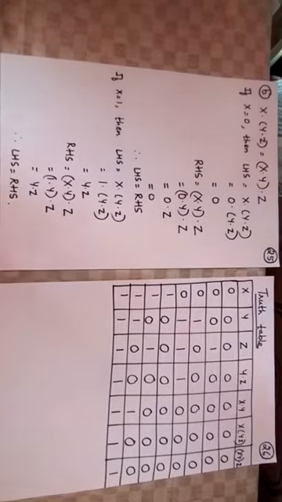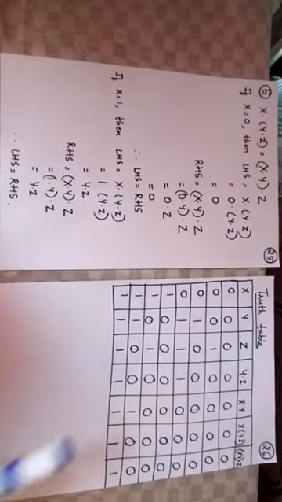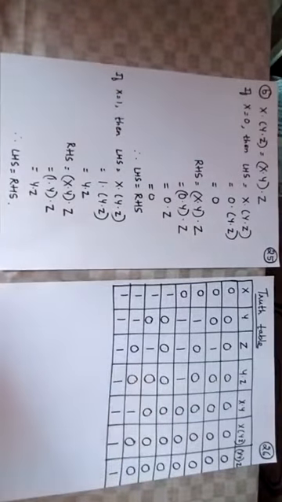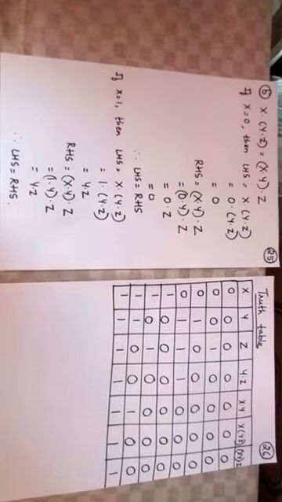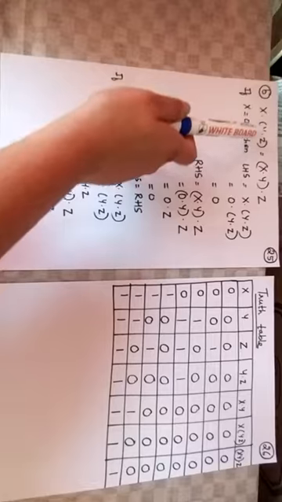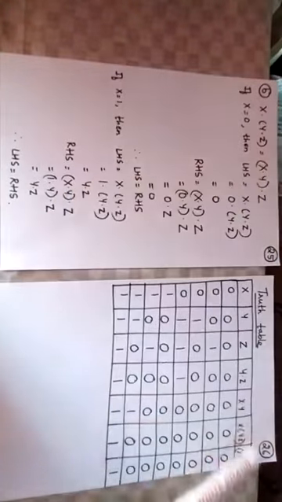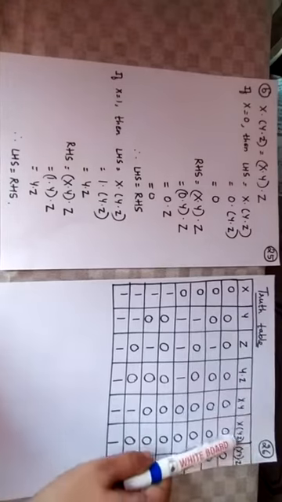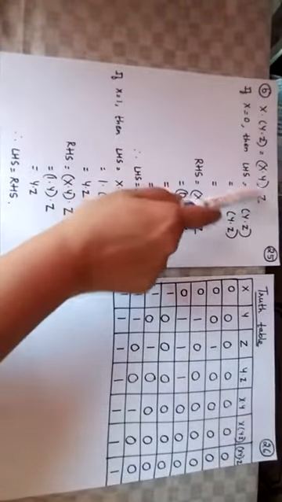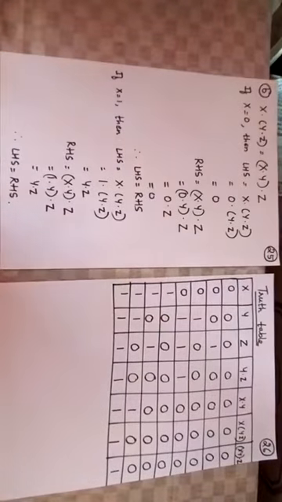Now we have to prove it with the help of a truth table. Since we have 3 logical variables, it will have 8 combinations of values over here. The next column should be the parenthesis value, which is y · z, so I have taken that here. Next is x · y, so I have taken x · y here. Then the left hand side value here, and next the right hand side value over here.